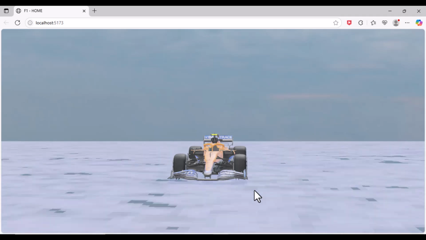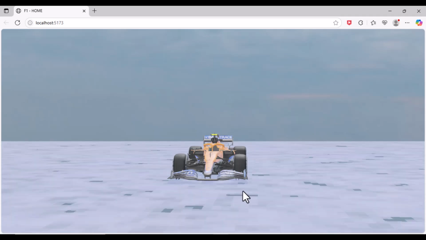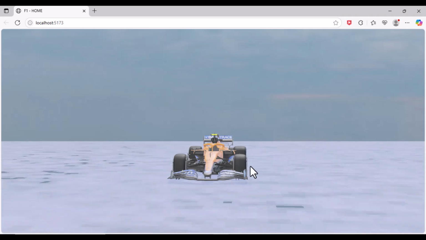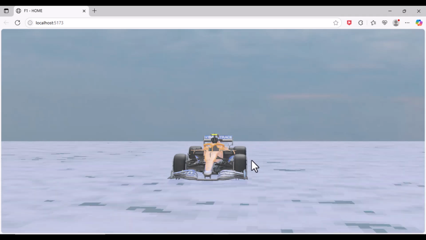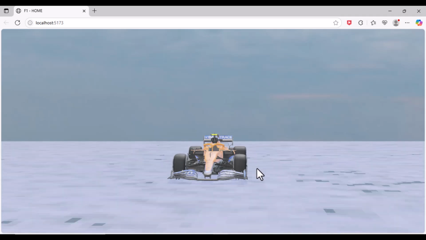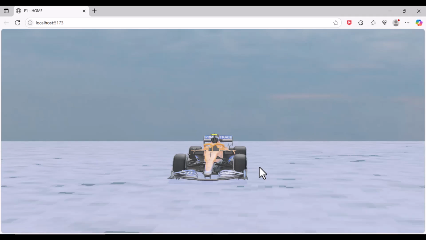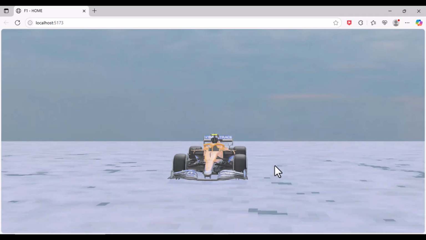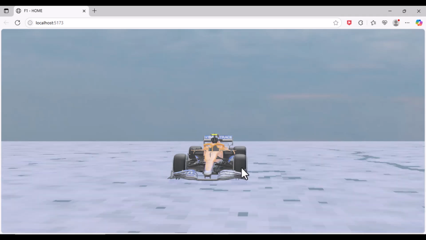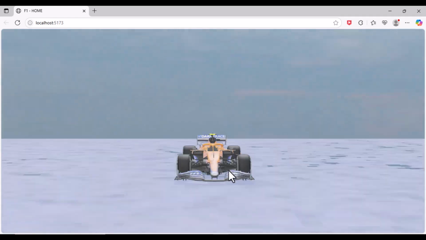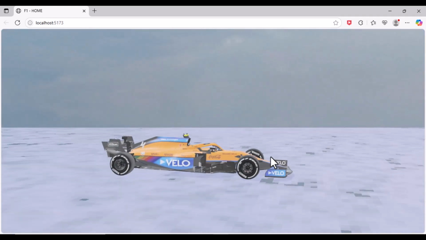Hello world, Ifecodes here. In this video, we are going to make an interesting front-end web design using Three.js. Three.js is a framework that is used to create interactive 3D web designs or 3D web pages. As you can see on your screen, it's just a simple image of a car, an F1 car,